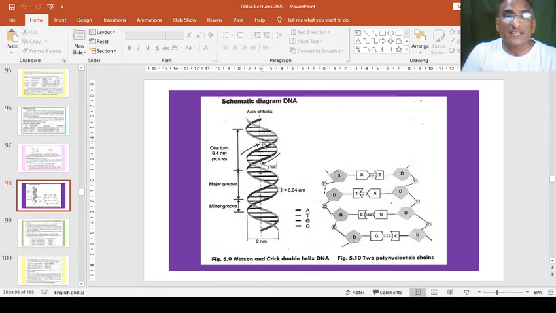This is the central axis of DNA. From here, this is the first round, from here, this is the second round. So this one turn is of 3 to 5 nanometer in size, or we can say 10.5 BP, and this is the major groove. This is the groove inside. This is the major groove of this complete turn, and this is the minor groove. The second groove is the minor groove, the first groove is the major groove. This is the major groove.